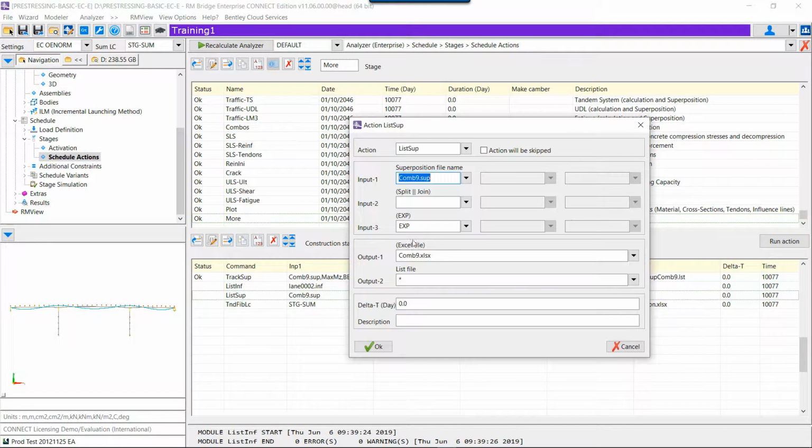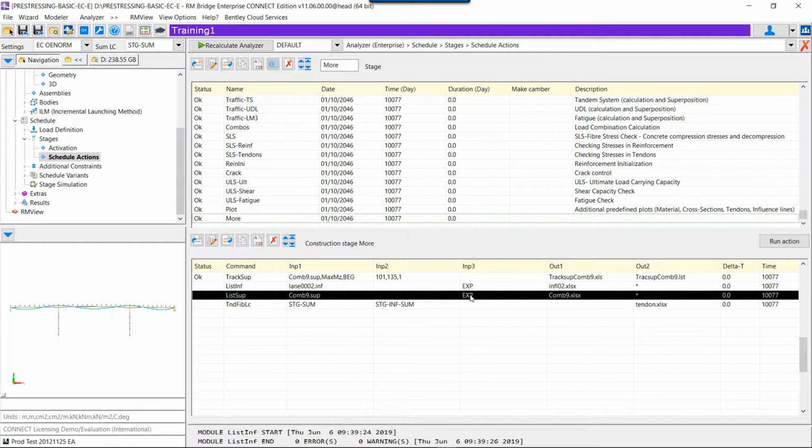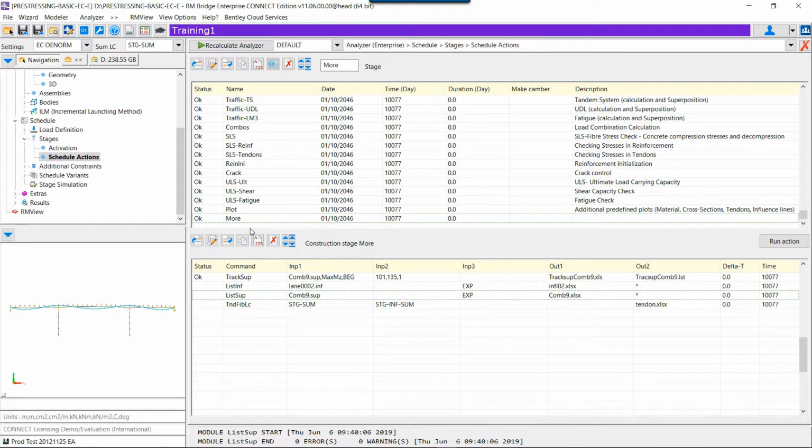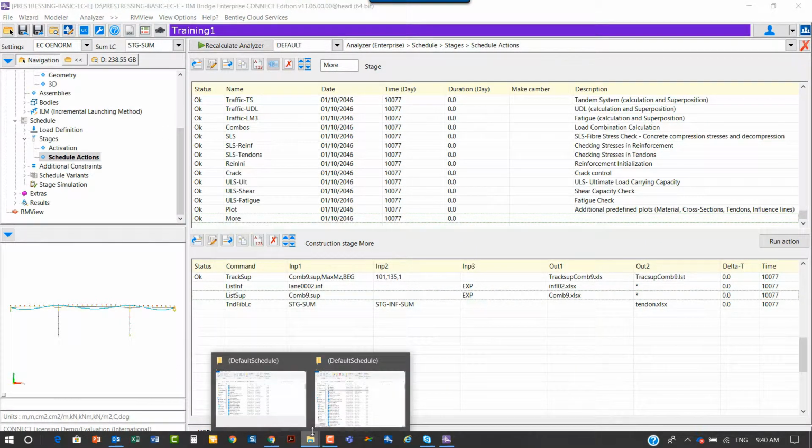We have done the same for listing subfile. For example, here we have a combination, and the same if we run the action directly and we go to the default schedule